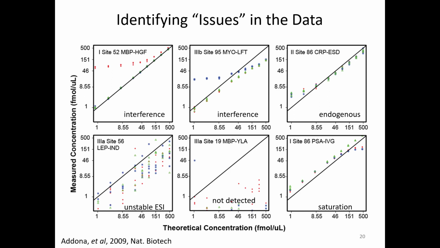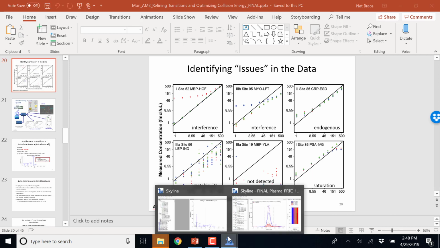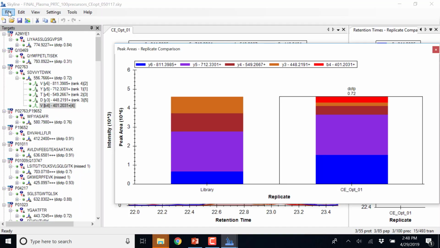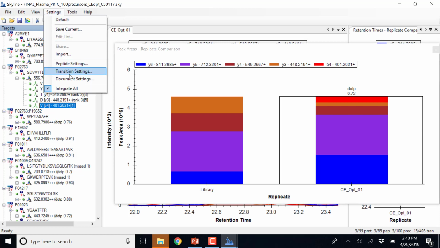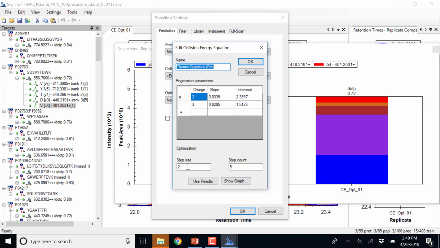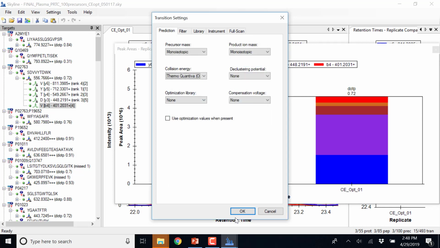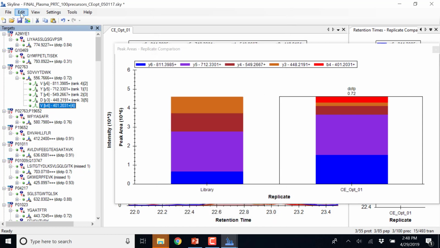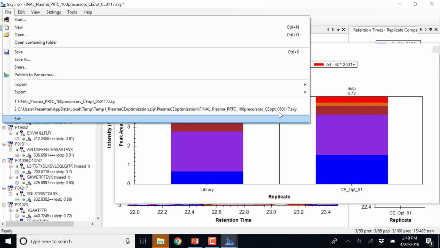Yes? Collision energy data that we downloaded, how was it generated? How do we do that? Oh, right, okay. So Skyline will generate the list for you automatically. In settings and transition settings, we went through this collision energy dropdown, and if you wanted to edit this, maybe I'll do 2 volt step size and step count 4. So this sets up the basis for what volts it's going to optimize on. You hit OK, and then go to File, Export,